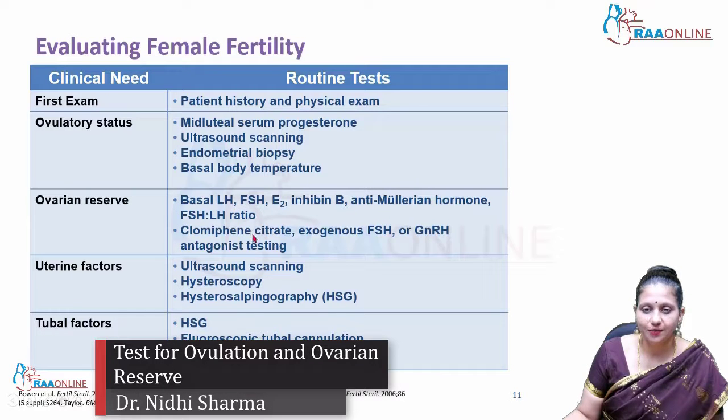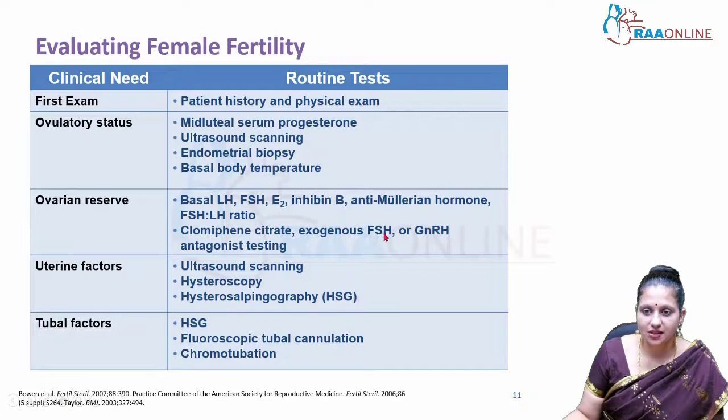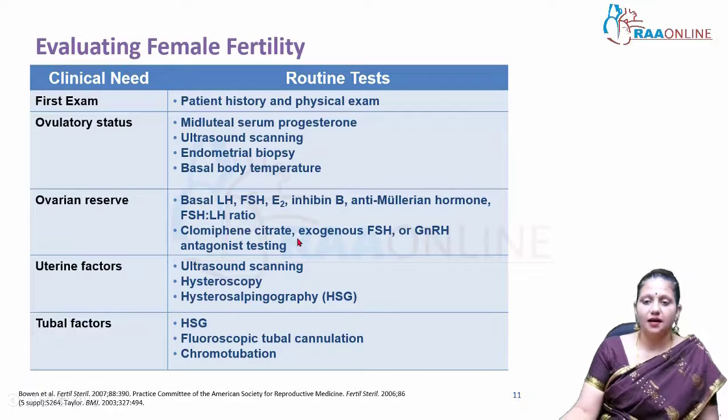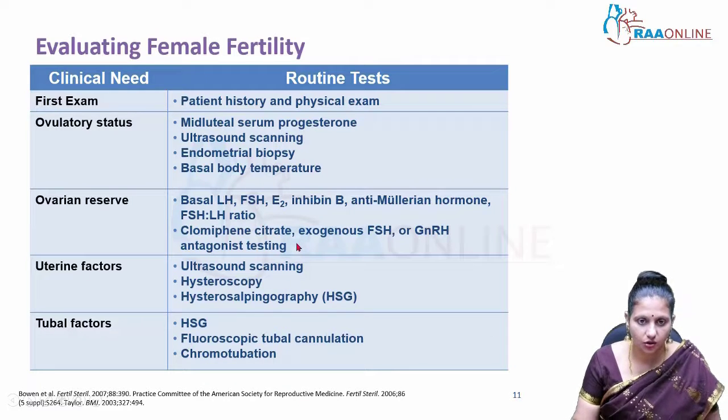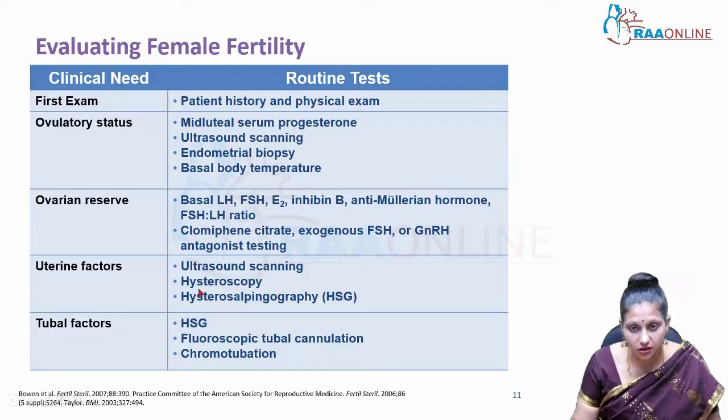And then there are some dynamic tests like clomiphene citrate challenge test, exogenous FSH and GnRH antagonist testing. So these are the exogenous hormones which are given and ovaries tested whether it is ovulating or not. Then we can also test for the uterine cause of infertility by doing an ultrasound, by actually putting a camera